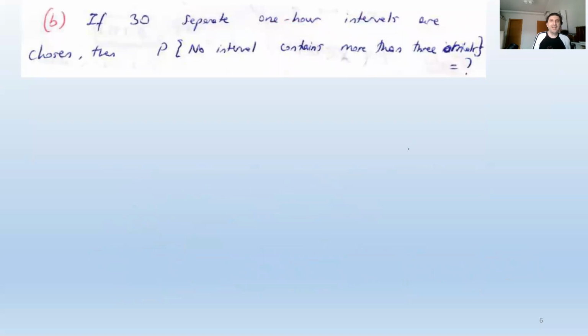Okay, if 30 separate 1 hour intervals are chosen. So I have only talked about a 1 hour interval. Now the question may be which 1 hour interval, from 0 to 1 hour or 1 to 2. It doesn't matter, because the exponential distribution, and the previous question was about the exponential distribution, has the lack of memory property, so any 1 hour interval would have been sufficient. You can randomly choose the origin at any point.